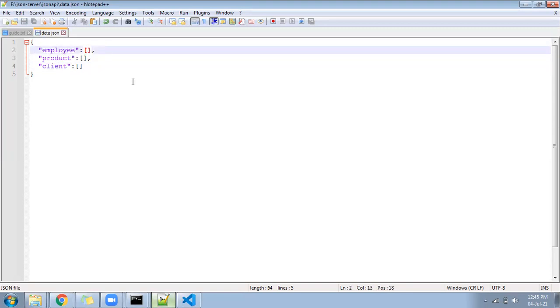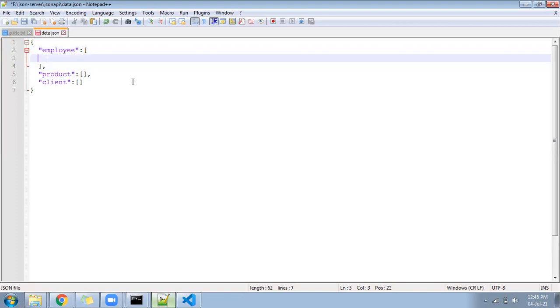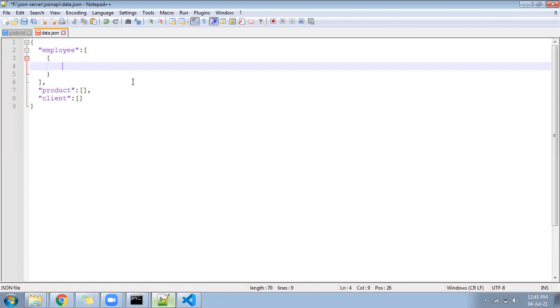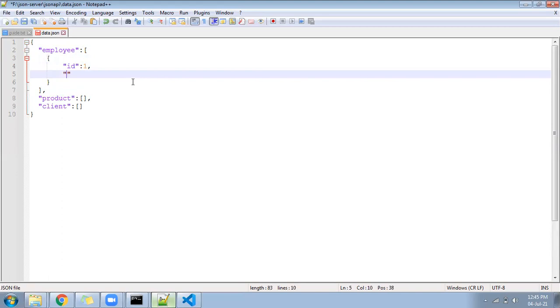Let me go to my employee object, and inside I will add one employee's details. For example, I'll give an ID, maybe one, starting from one. Then I'll give a name, a hardcoded value. I'm adding one hardcoded value just to show you. Name, maybe I'll keep my name, Siaram.